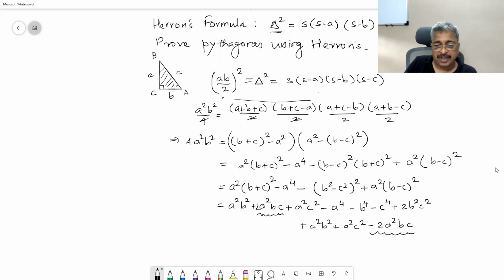And what we are left with is a very nice quantity, which is A square B square. Let me change the notation: A square B square, A square B square, and A square B square. They are not cancelled out, but if we put everything in RHS, that is 0,